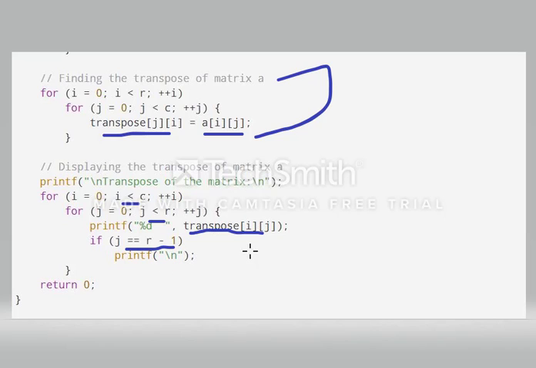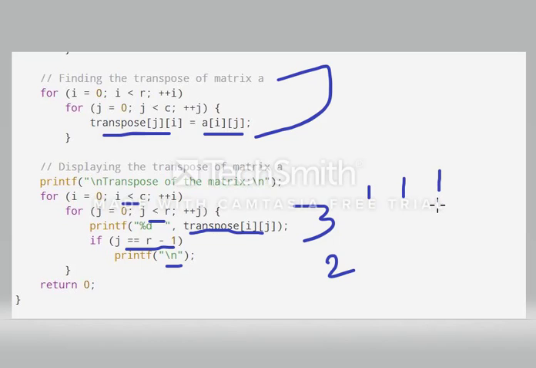Here, if you want to go to the next line, then you have to use slash n. When you go to the next line, j is equal to r minus 1. What is the r value here? For example, 3. So r minus 1 means 2. What is the j value here? If you are printing 1 2 3 values, that means 0 1 2.